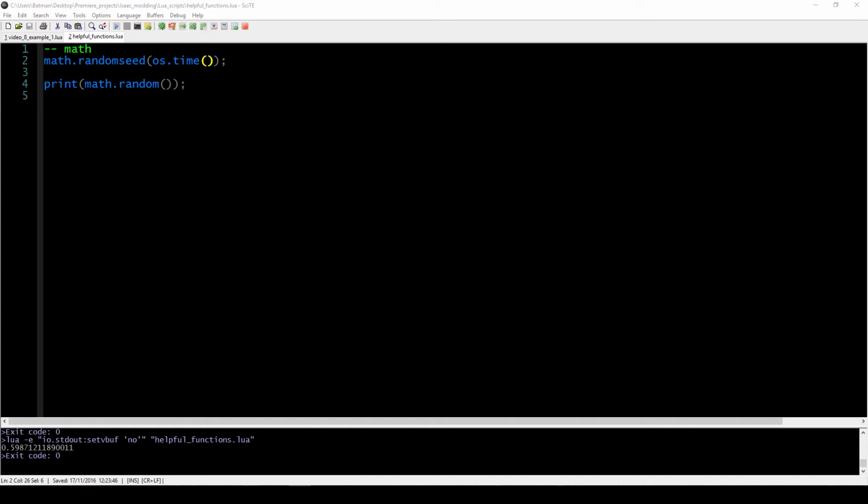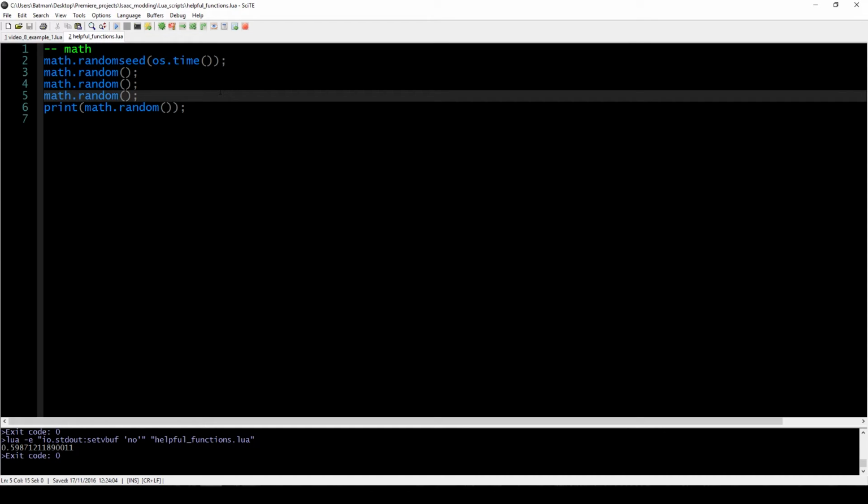On some systems, you have to run the math.random function again. I don't want to get into too much detail because I don't really understand it myself, but the important thing to remember is that on some systems, I have Windows 10, and maybe it's even dependent on your hardware, you have to run the math.random function multiple times. You don't even have to save the result, you just have to run it before you actually use the one that's the fourth or maybe third, and that will then guarantee a random number. You can see that the numbers are, thankfully, at this point random,